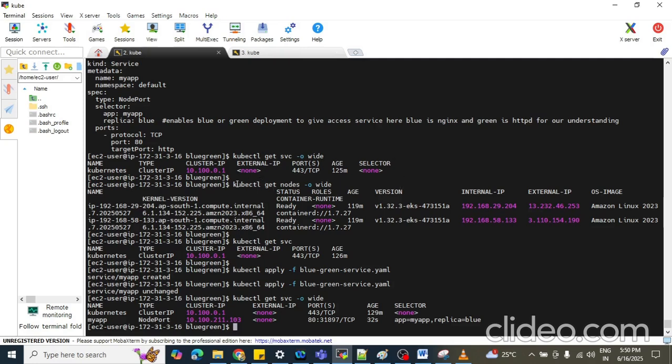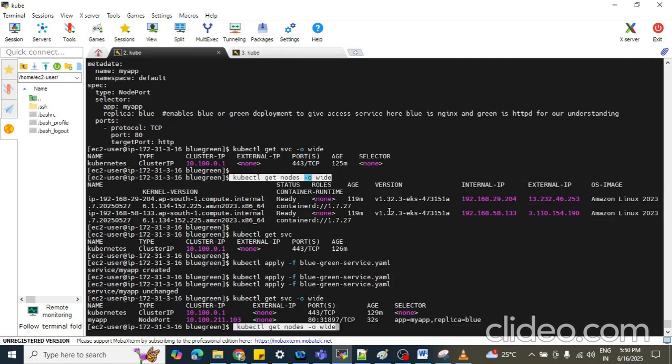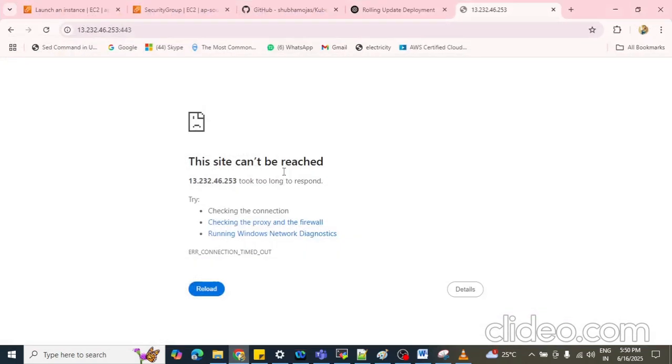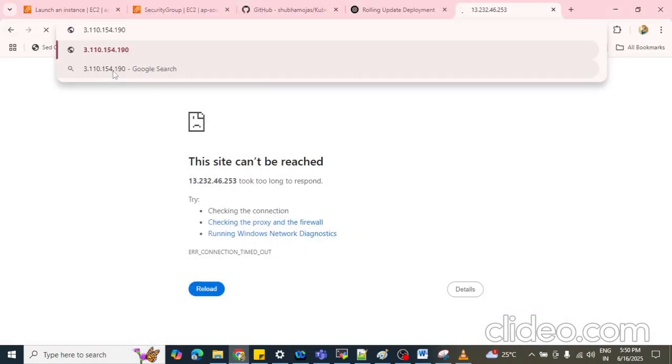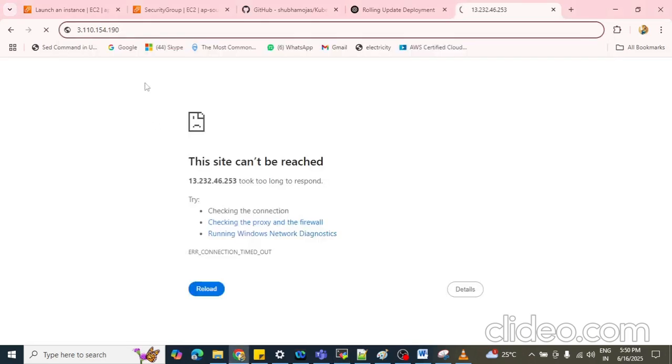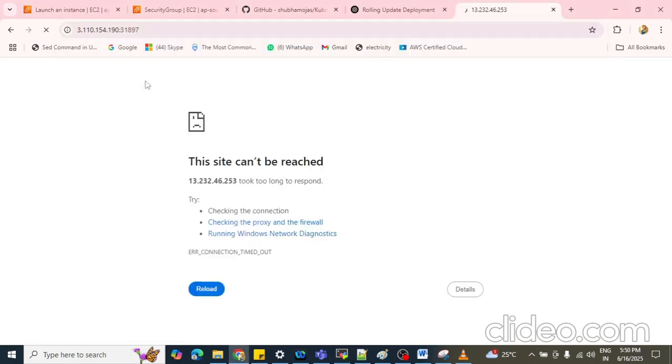And kubectl get nodes, take this external IP and the port is 31897. So this port number, and try to execute it.